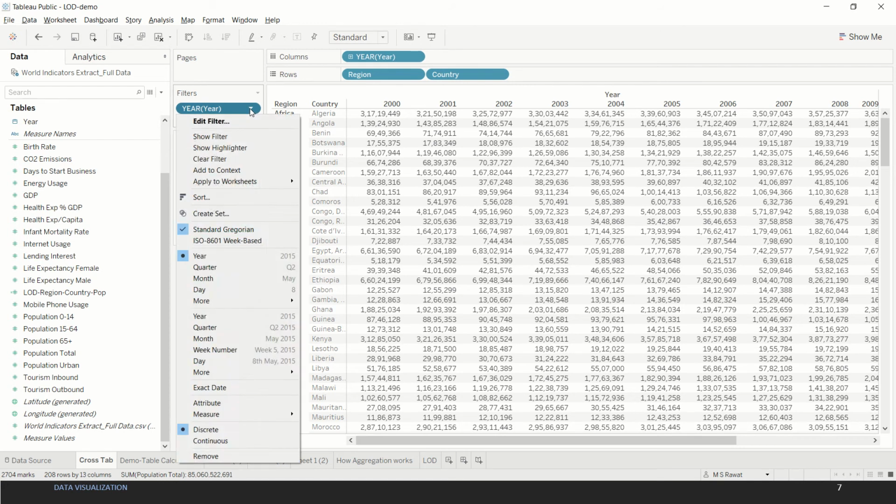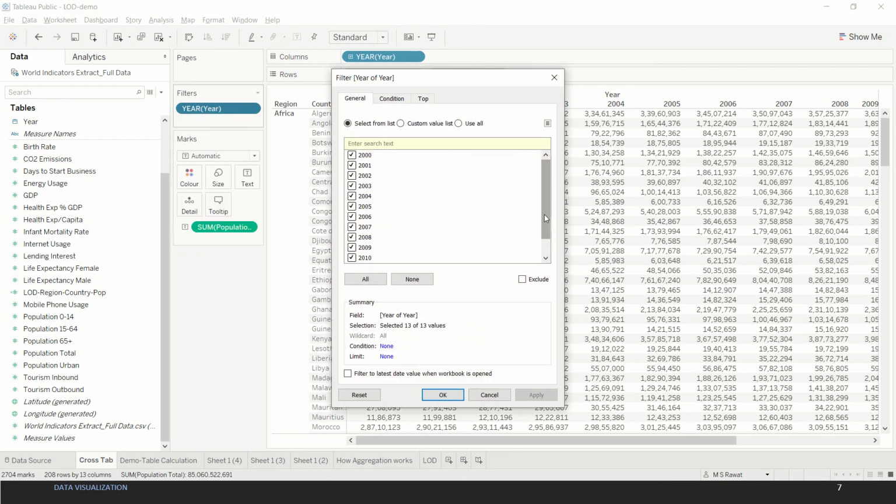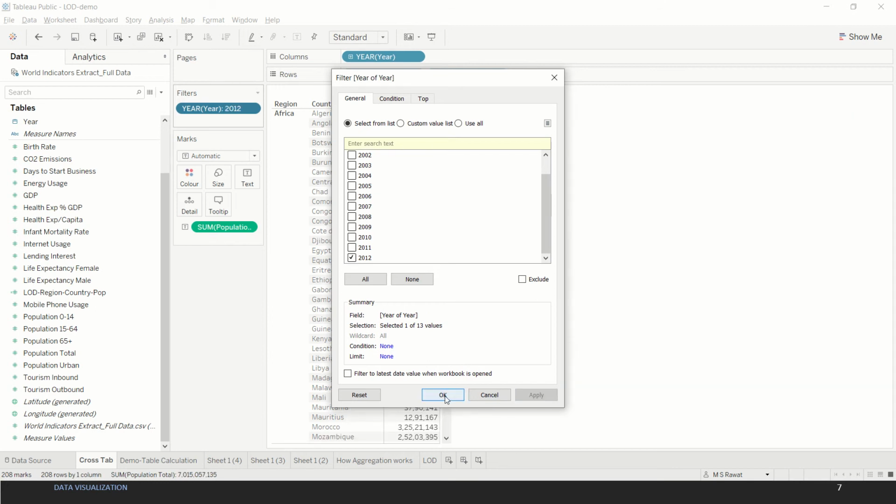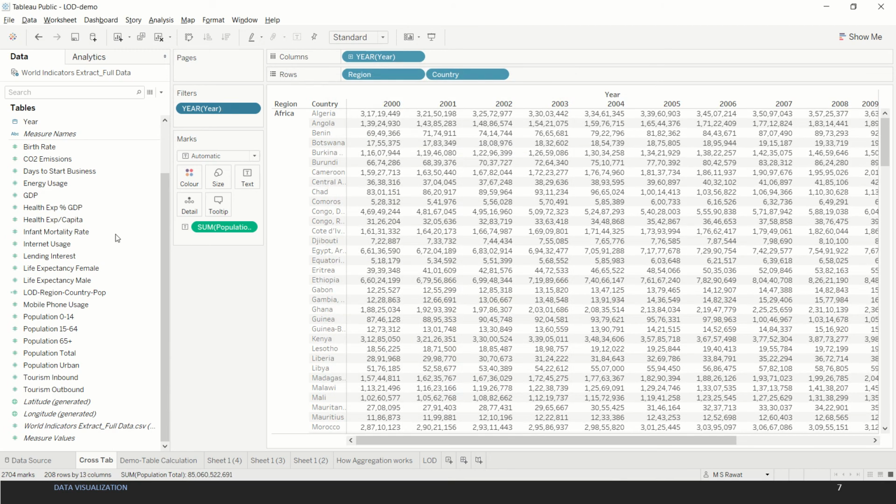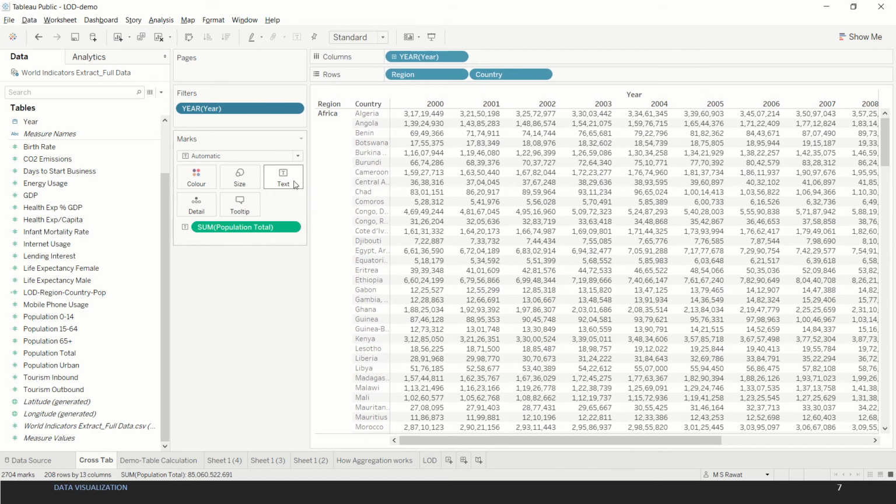We have filtered the latest year over here. We can rather filter the latest year over here, but in this case, sorry, we'll need all of them, so it's taking all of them. And then we drag the population, the total population, onto the text mark.